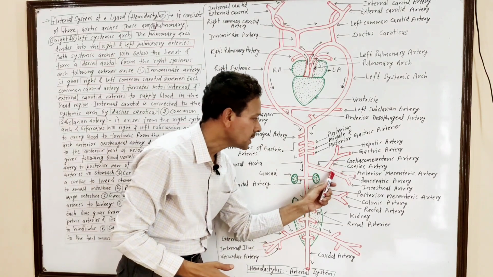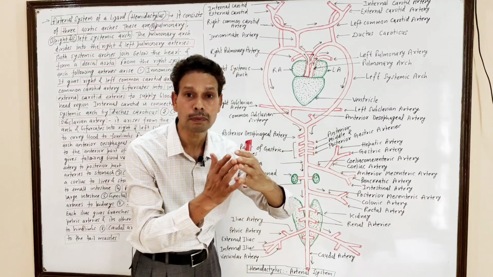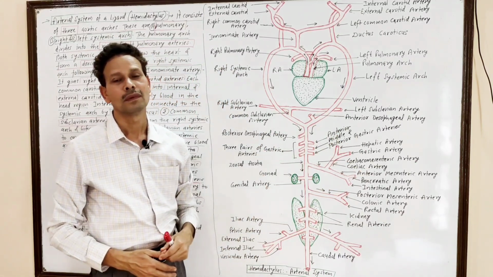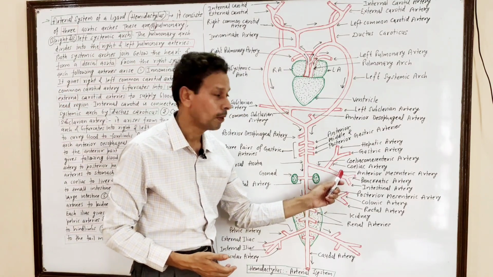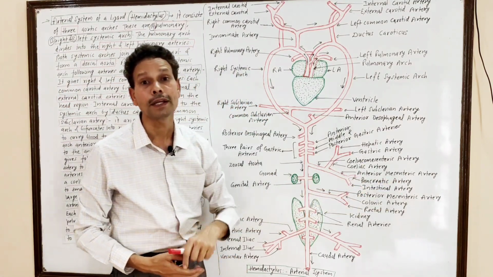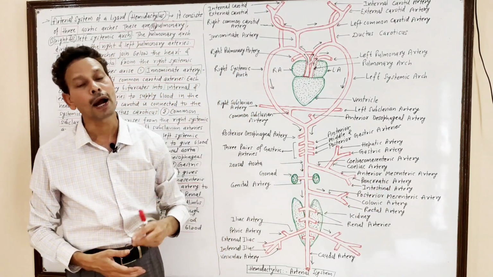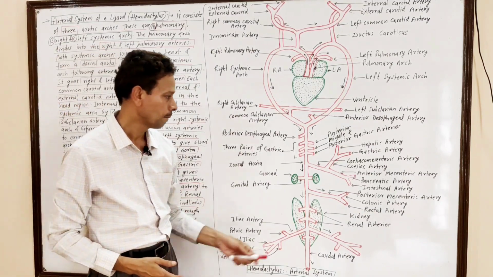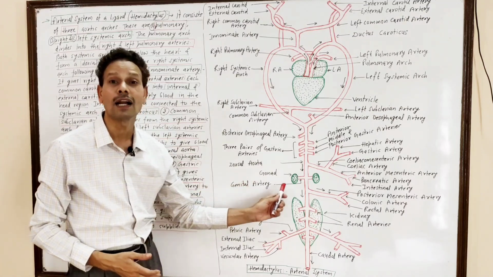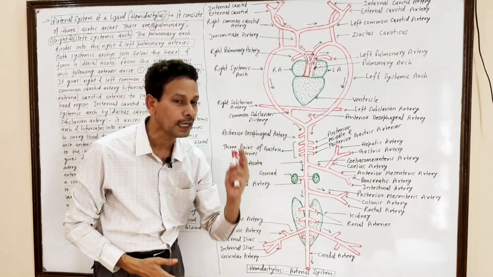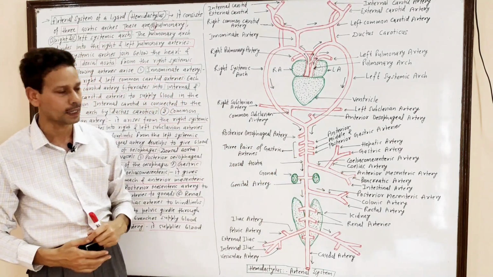Now note down, this anterior mesenteric artery supplies blood to different parts of the small intestine. It gives blood vessels like the pancreatic artery to the pancreas, a few intestinal arteries to different parts of the small intestine, then a pair of genital arteries, which carry blood to the gonads, the genital organs.